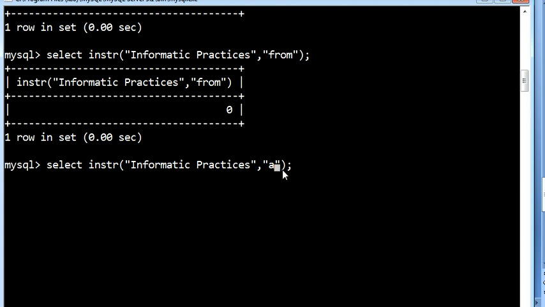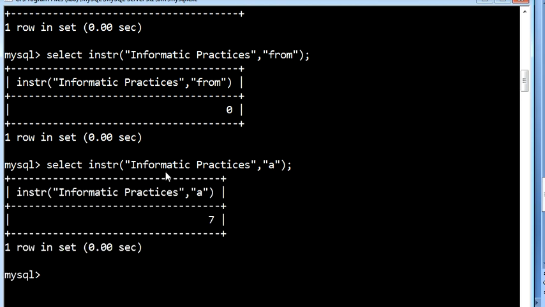Here, A is present at 2 places. So whose index position will it return? It will return only one value as output: the first occurrence, where A is first identified. Its index position will be returned. Here in this case it will be 7. See, 1, 2, 3, 4, 5, 6, 7. A is at the 7th position. So the output is 7.